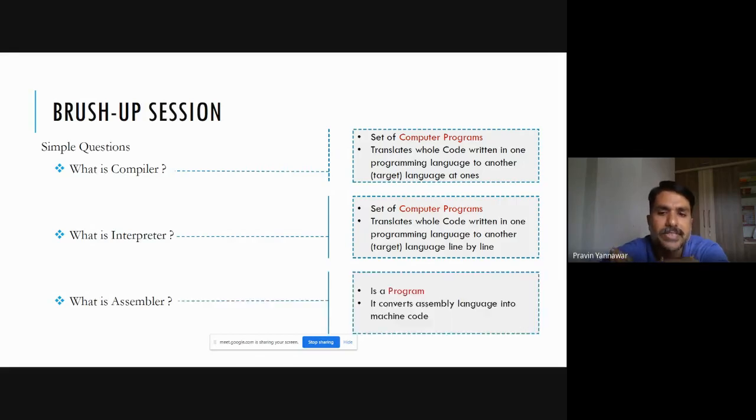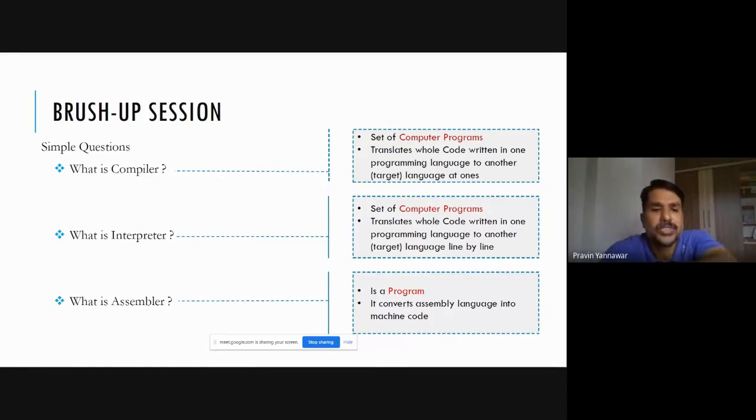And what about the assembler? An assembler is a program. It converts assembly level language into machine code, and you must be aware of assembly level language programs here, right? Just recall your concepts from undergraduate studies where you have worked with an assembler. So an assembler is also a program. It converts assembly level language into machine code. Basically, assembly level language is defined with mnemonics. There are levels of instructions, meaning the instructions that are passed to the processor. Those instructions are presented in assembly level languages.